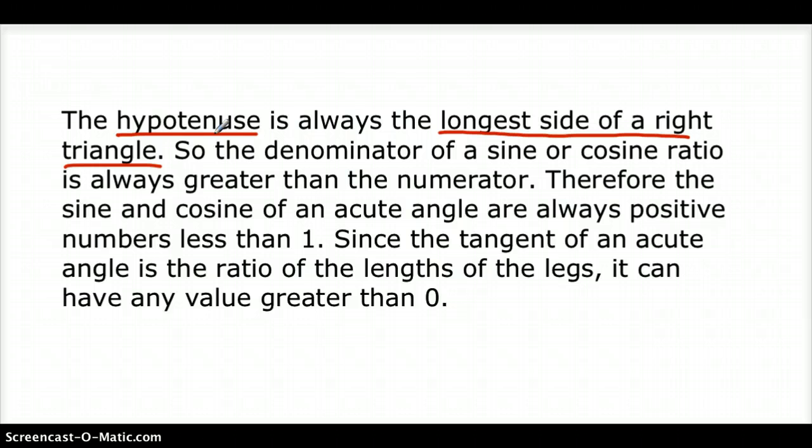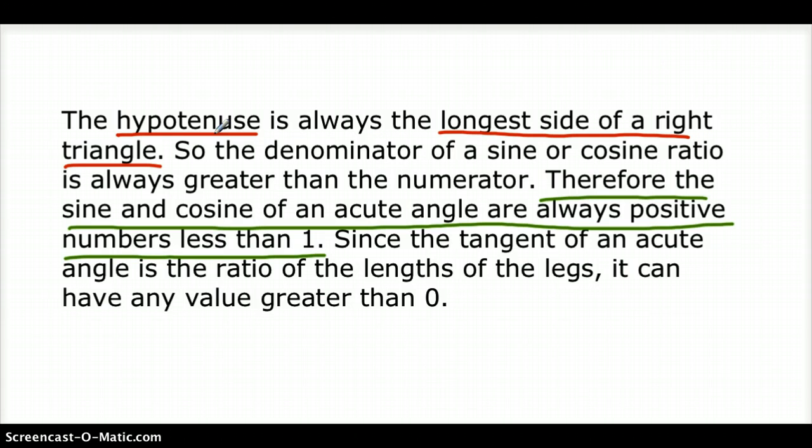So it says, therefore, the sine and the cosine of an acute angle are always positive numbers less than 1. So I'm going to underline this. It's very important. Therefore, the sine and the cosine of an acute angle are always positive numbers less than 1. It now says, since the tangent of an acute angle is the ratio of the lengths of the